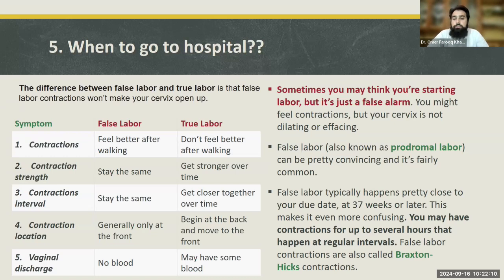You may feel contractions for up to several hours that happen at regular intervals. False labor contractions are also called Braxton Hicks contractions. Basically, the scientists who did research on this phenomenon had these contractions named after them. In order to distinguish between true labor and false labor, the midwives or obstetricians guide